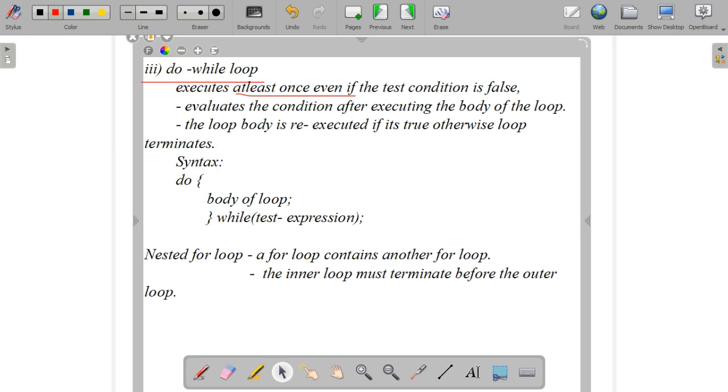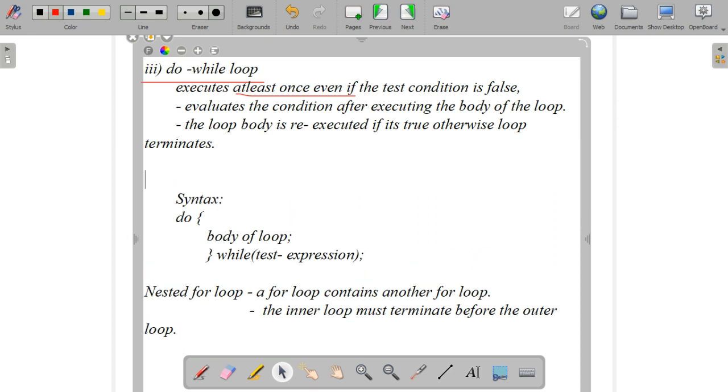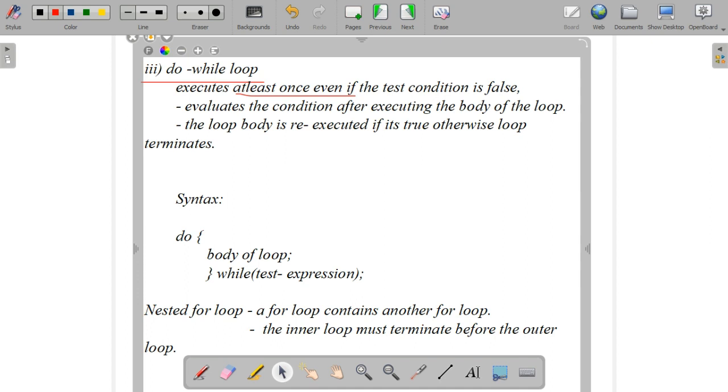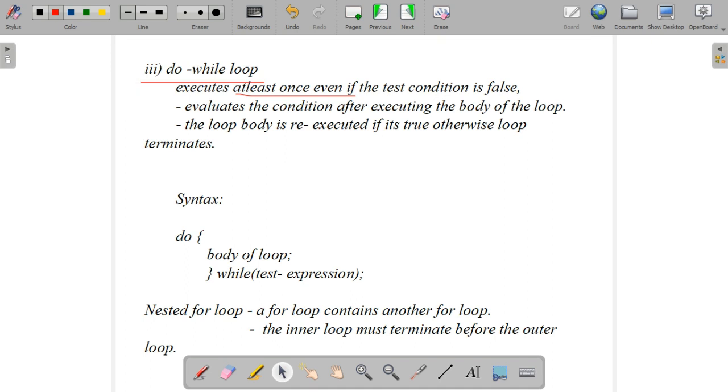Here, for the do while syntax, first we will write do. That means giving the instructions; whatever statements have to execute, we include them inside the braces. That is do, then open the braces, then you type the statements. After the closing brace comes the while statement with the condition, followed by a semicolon. Don't forget to put the semicolon here, then it will execute properly.